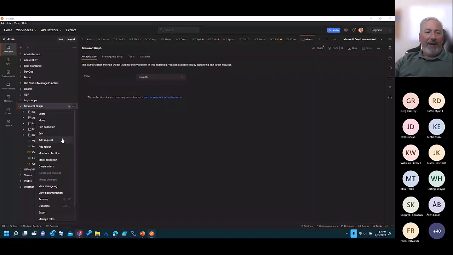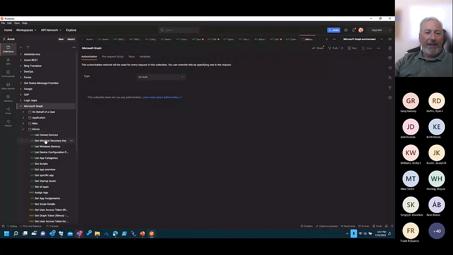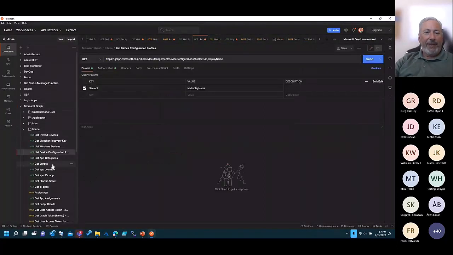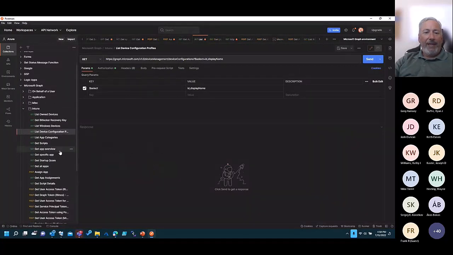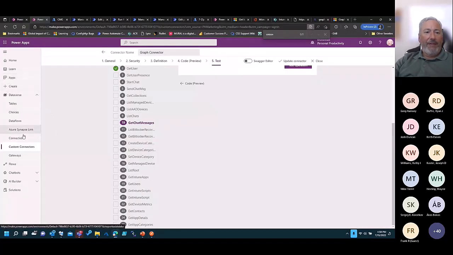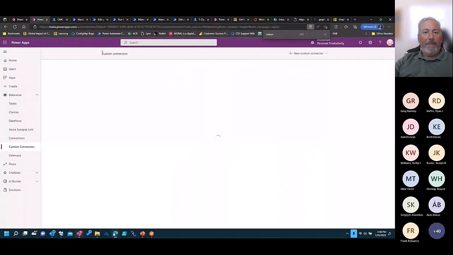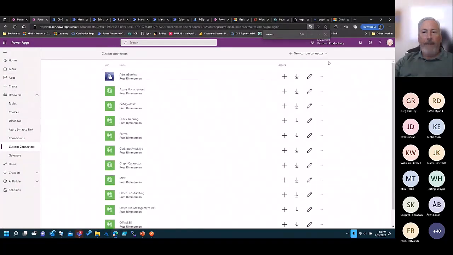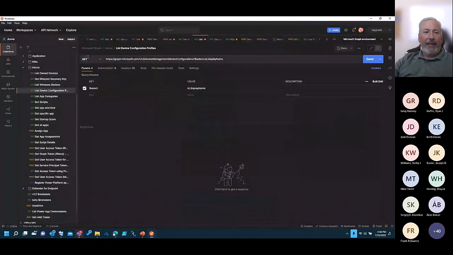So you go into Postman and you do all this testing and you say, okay, I want to figure out how to list own devices, and I want to get BitLocker keys, and you do all these things in here. Once you're done and you have a whole slew of things that you want to do in Intune, you can just go Dataverse, custom connector, new custom connector, and you have import a Postman collection. And so literally just by clicking on export,